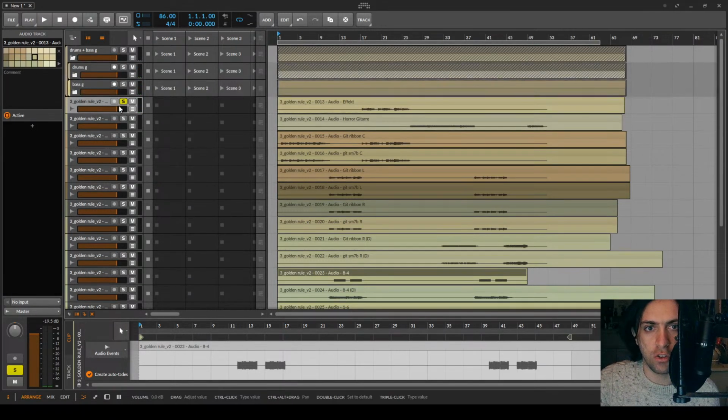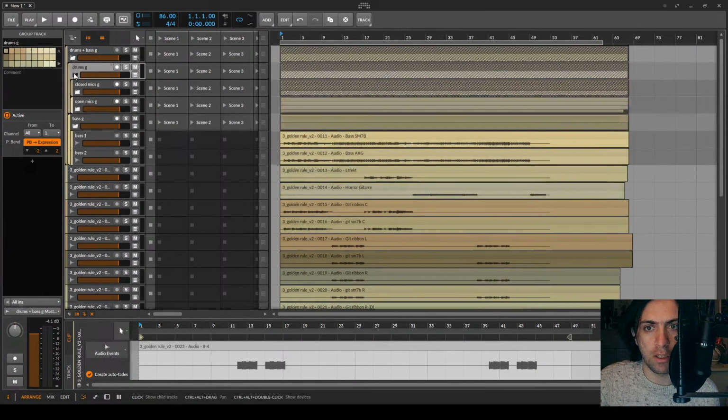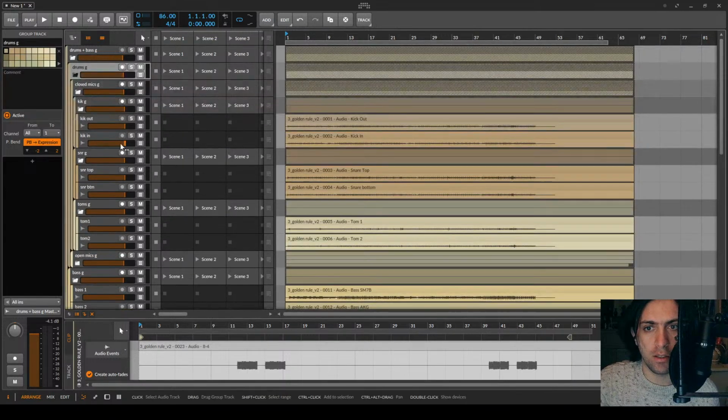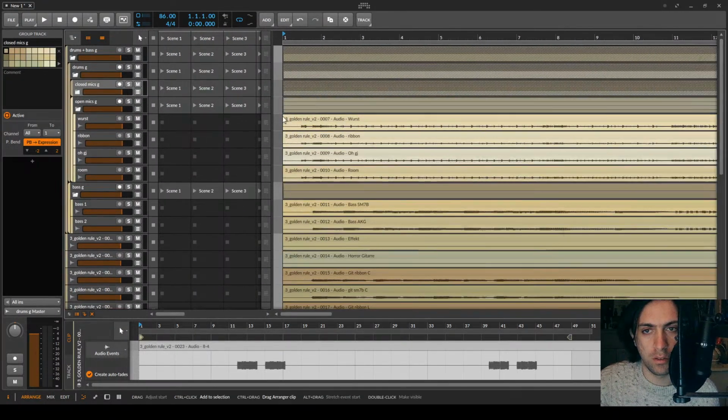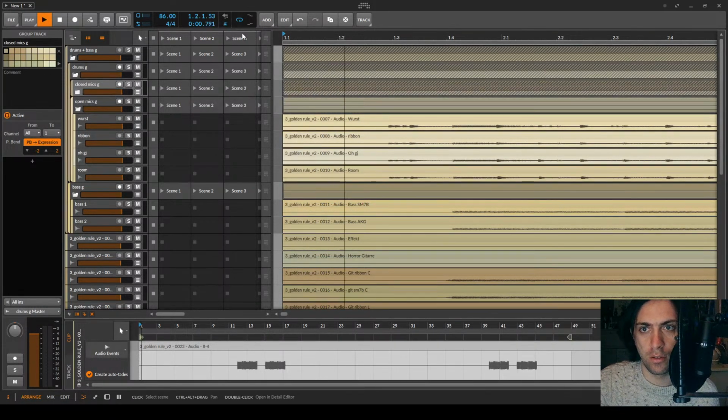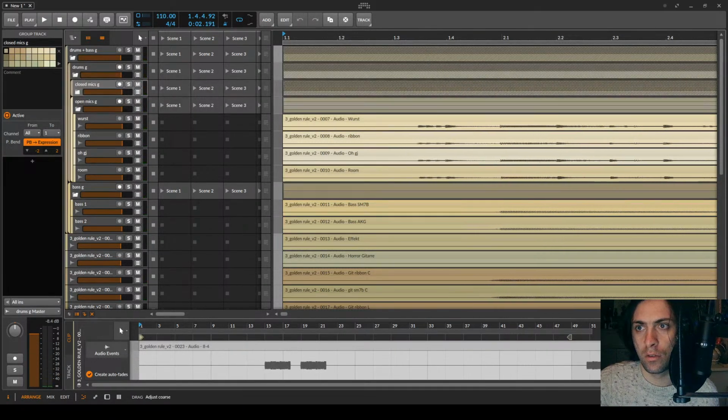Oh, actually I think I should set the BPM correctly before I get started with anything else, or else I will have to do that some other time, which would suck. It's probably a bit like this.